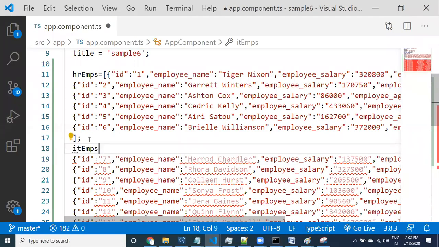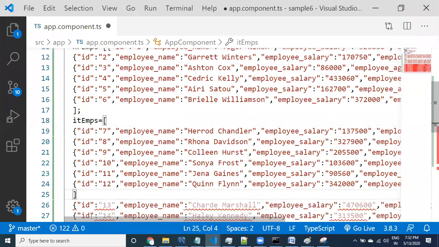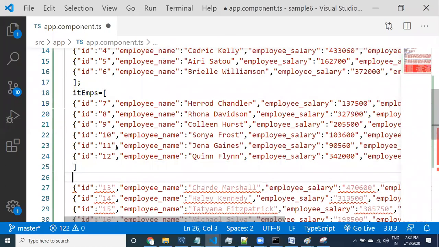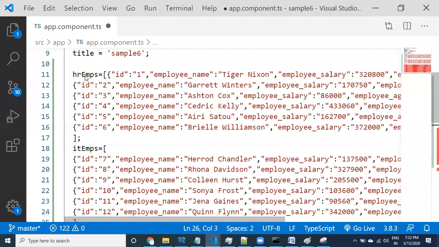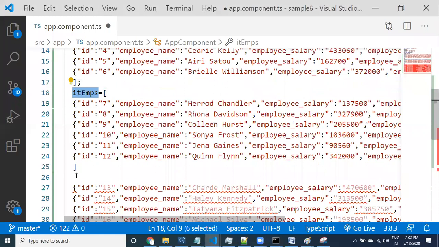IT employees is one property, and this is another property. Another one is maybe admin employees.